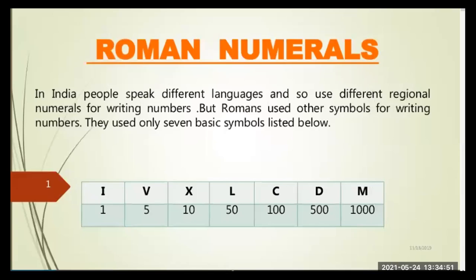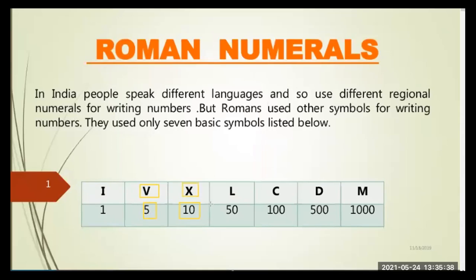Okay, let me show you. Wait. So first you can see on your screen, that means one will be denoted with the help of I. Next digit you can see on your screen is V. So that 5 we can denote with V. In the third digit you can see 10. So 10 we can denote with the help of X.